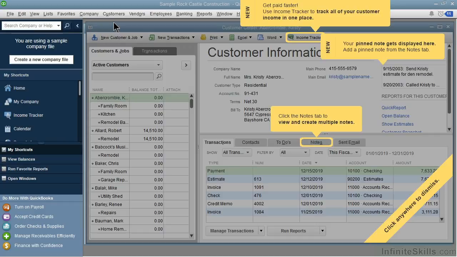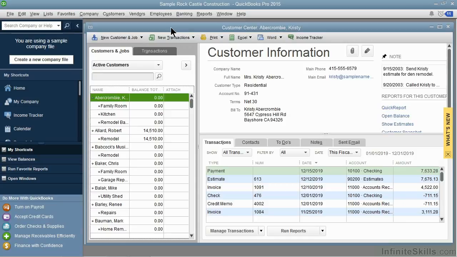If this is a new installation of QuickBooks, you will also notice kind of a nice helpful feature. They've added some little pop ups that try to show you the new features. These can be very informational and informative, and if you want to get rid of them, or when you're ready to get rid of them, simply click anywhere on the screen and they will disappear. Don't forget to look all the way over on the far right side of the screen. As you work with QuickBooks, this is where you can see if you have any alerts or reminders that need